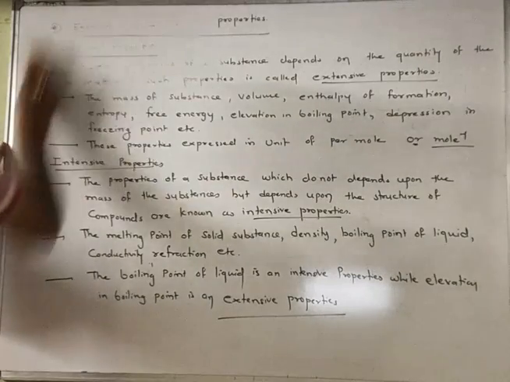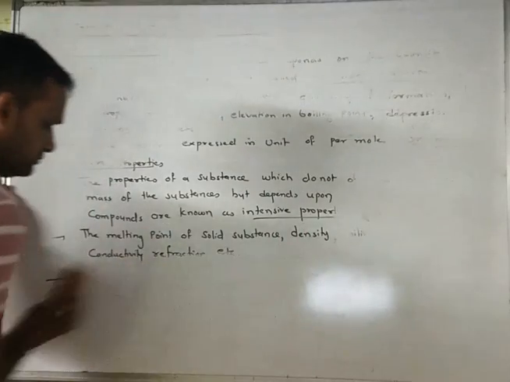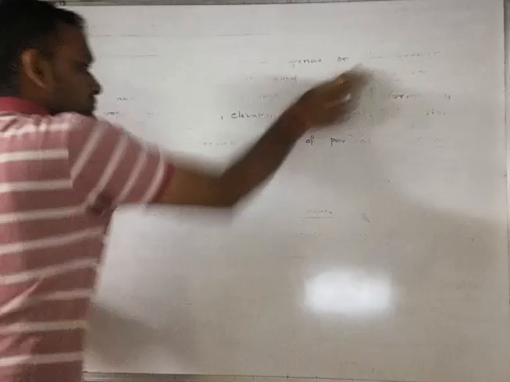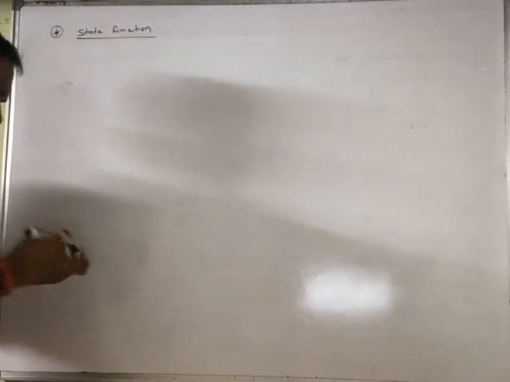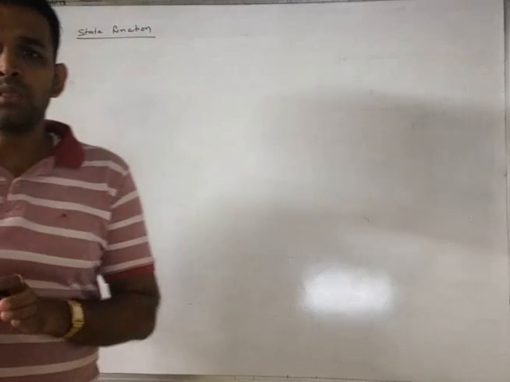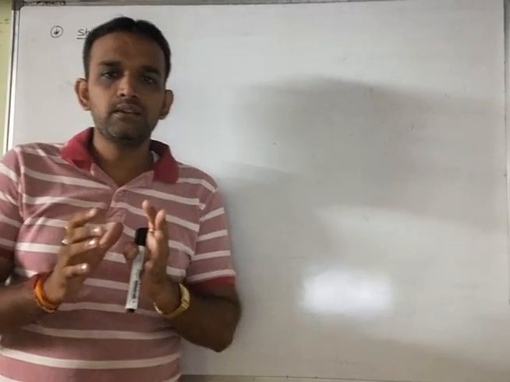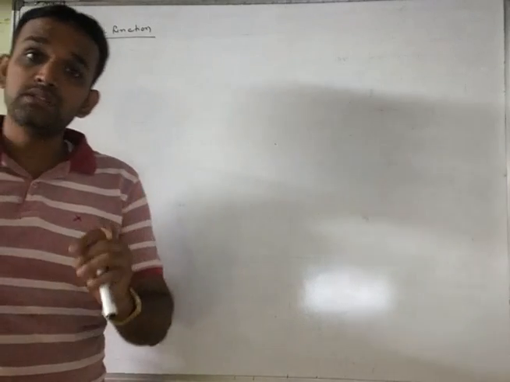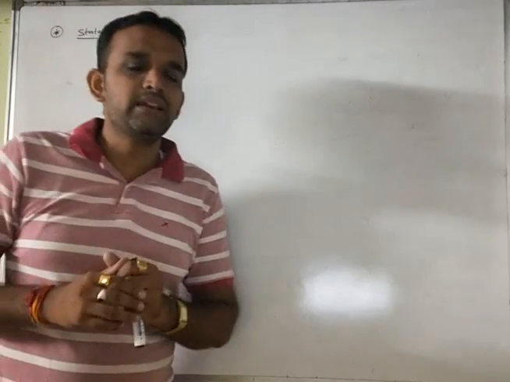चलो नेक्स्ट पॉइंट डिस्कस करते हैं। नेक्स्ट पॉइंट है स्टेट फंक्शन। यस, चलो स्टेट फंक्शन। फर्स्ट ऑफ ऑल स्टेट फंक्शन किसको बोलते हैं? द वैल्यू ऑफ द प्रॉपर्टीज ऑफ सिस्टम विच डिपेंड ऑन द स्टेट ऑफ द सिस्टम। जो कोई भी सब्सटेंस है, कोई भी सिस्टम है, राइट, which is depend upon the state of the system but it does not depend on the method how that state can be obtained। वो स्टेट कैसे आया उस पे डिपेंड नहीं करता। फॉर एग्जाम्पल, अगर